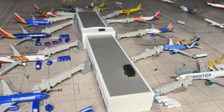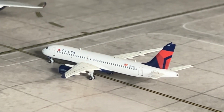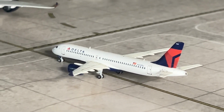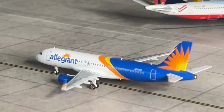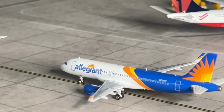So that is it for Terminal 2. And moving on to some more taxi aircraft between the terminals. So between Terminal 2 and Terminal 3. So starting with the first aircraft, you have the Delta A220-300, and he'll be soon heading out to New York LaGuardia. Moving on to the next aircraft, you have the Allegiant Airbus A320-200, and he's just arrived in from Peoria